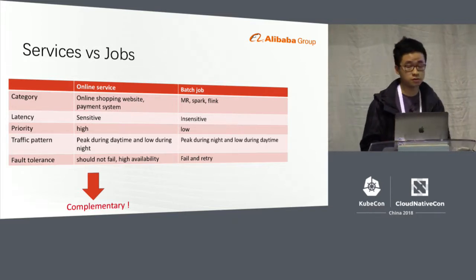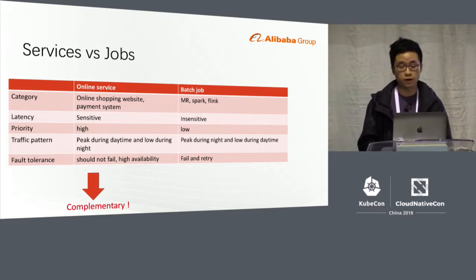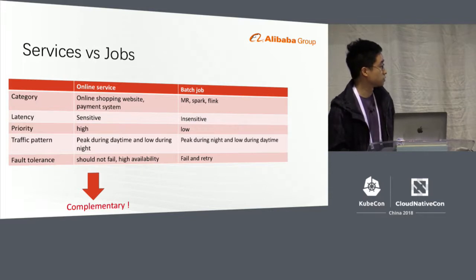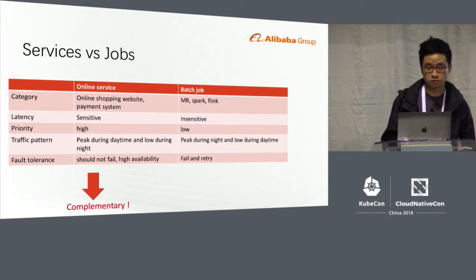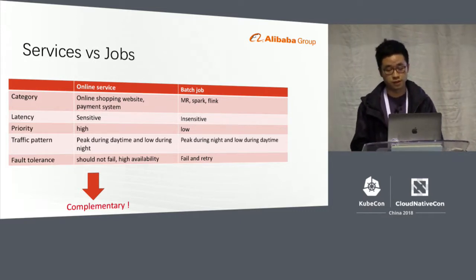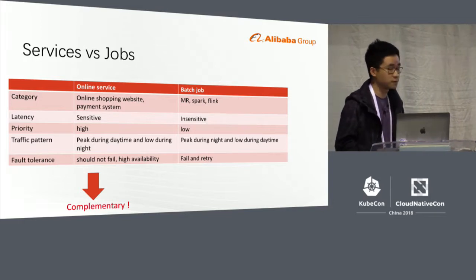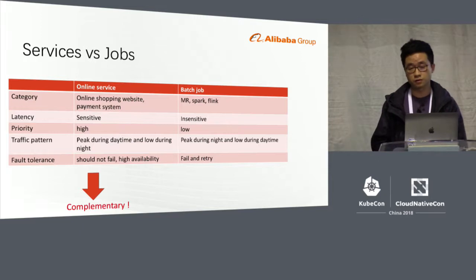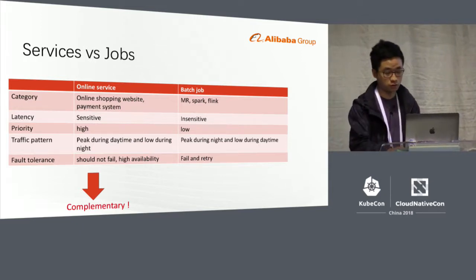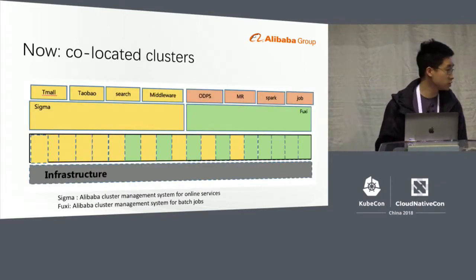When it comes to online service, we need high availability and high resilience. When there's a failure, it is zero tolerance. For example, if you're a client buying online, you don't want the system to fail. However, when it comes to offline batch jobs, if a task fails, then we need to do a retry. It is acceptable. It has very high fault tolerance.